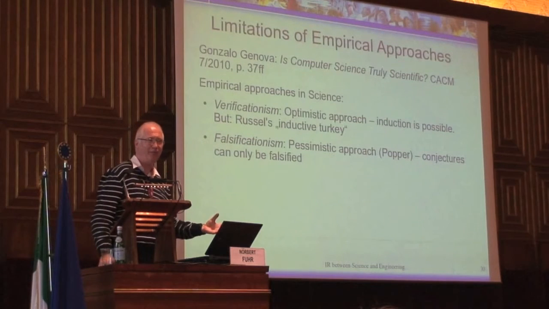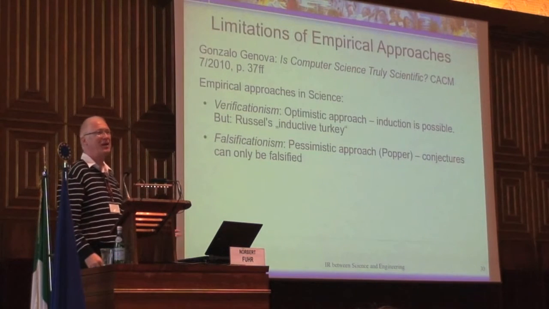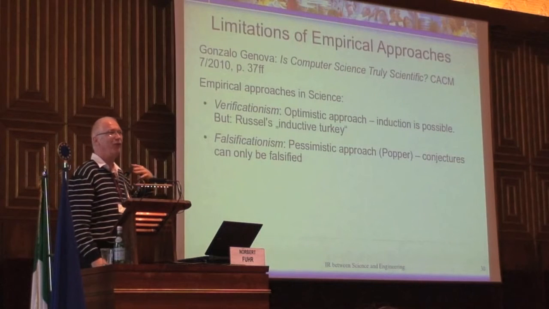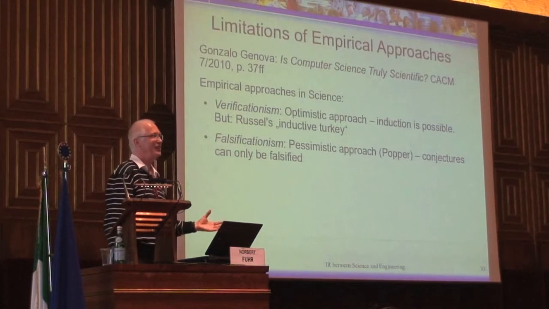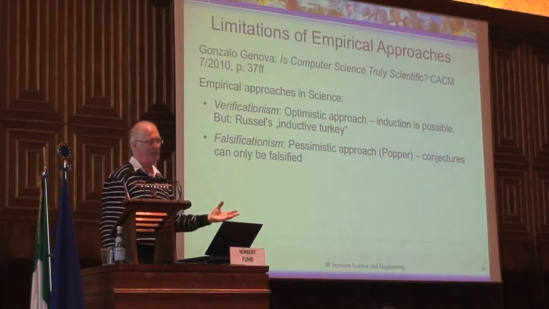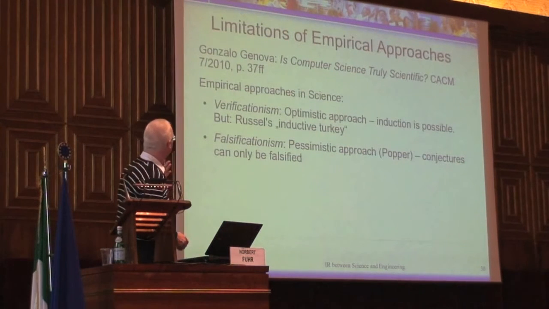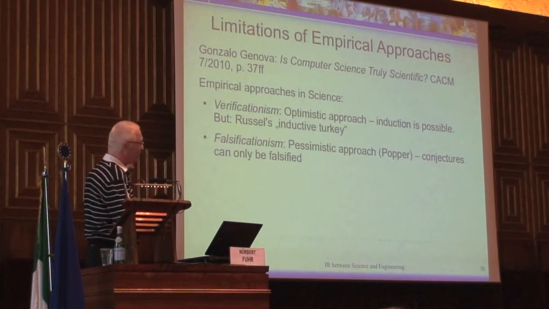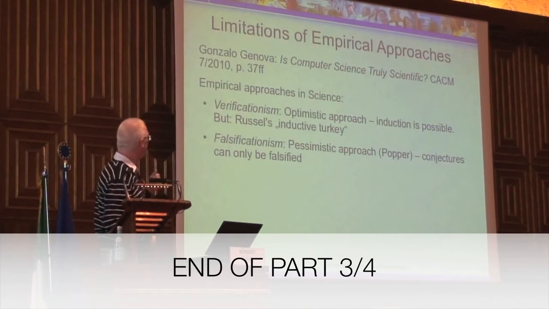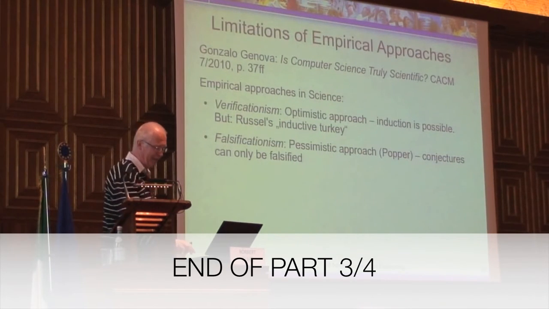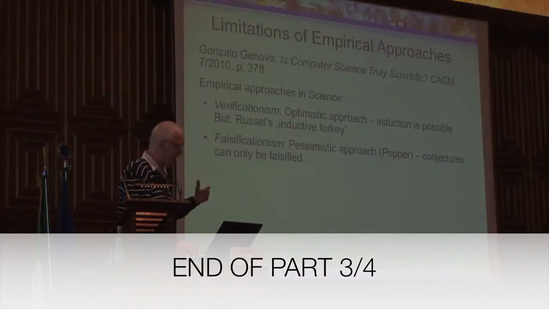So with experiments you can only falsify any hypothesis, but you can never confirm any hypothesis. But we can see that both types of approaches do not really bring our field forward, at least if they are